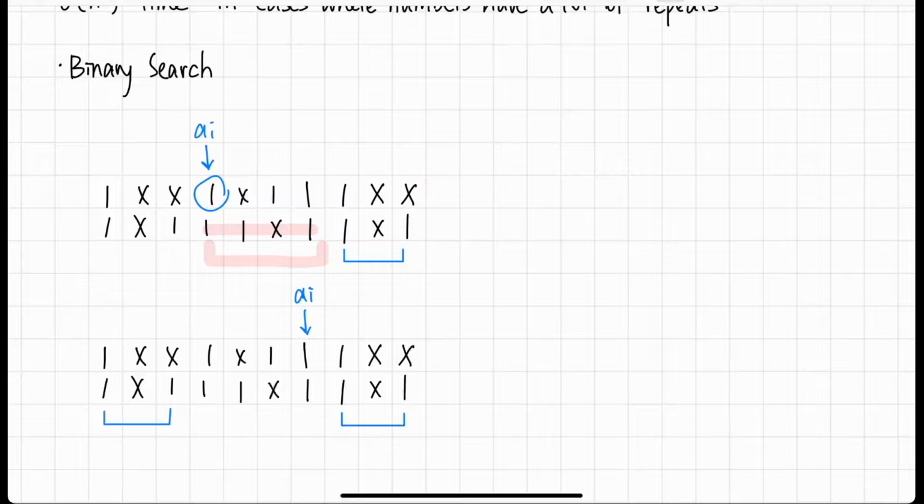So we can separate this into these regions